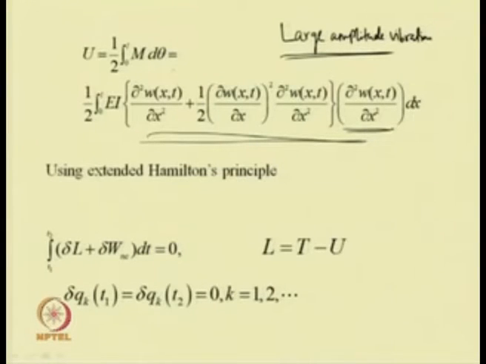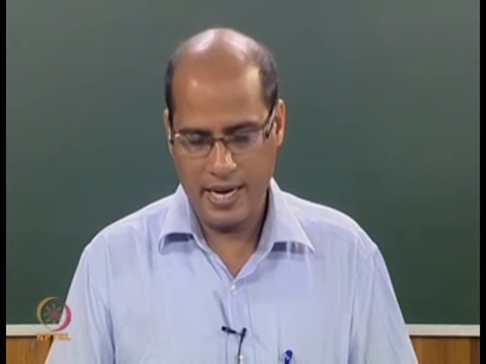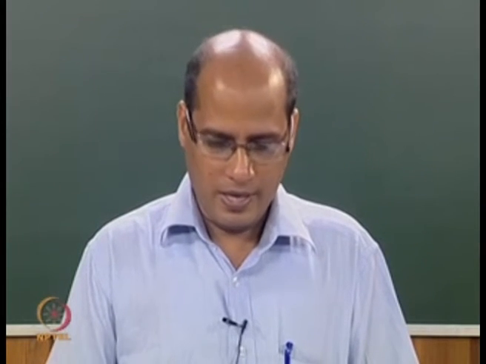So, here w is the generalized coordinate. So, here one can consider del w at t1 will be equal to del w at t2 equal to 0. So, now this w, that is the transverse direction displacement, which is a function of both space and time, can be written by using this scaling parameter and time modulation and shape function.